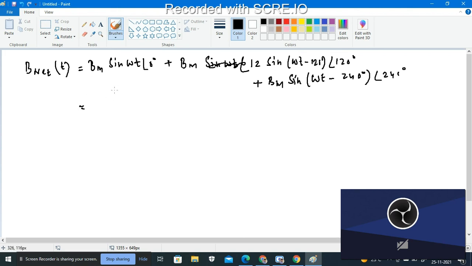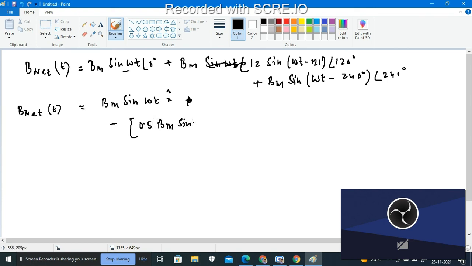So each of the components we will break down into two single components. One is an x and one is a y component. So what will be my b net t? That will be considered as bm sine of omega t for this one, omega t x mod, sorry, not plus, it should be considered as minus 0.5